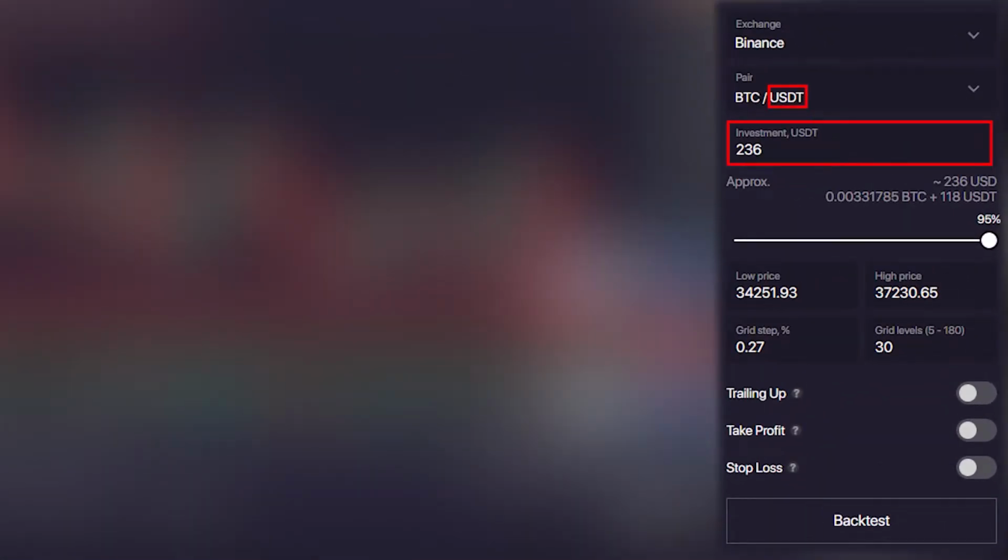For example, if you have BTC-USDT, then USDT would be the investment amount that you are putting in, and you will earn the profits in that second ticker, in this case USDT. The minimum amount recommended for a bot is usually around 3000 USDT. But if you don't have that, you can still, of course, start a bot, although the settings might be a